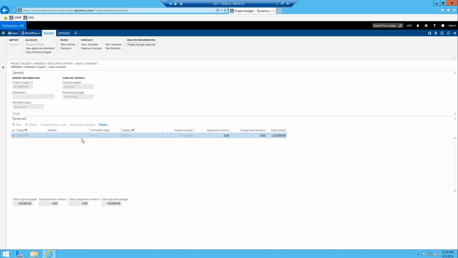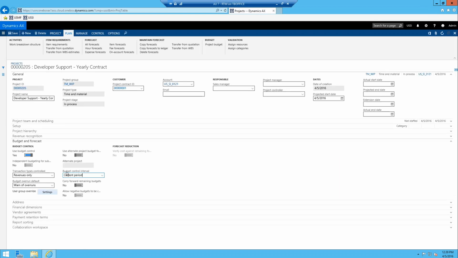So where that's valuable is if we go back to our project and now we're working with the budget control, you can either, a good example would be project to date or current period. I guess year to date would work out as well. But we'll just work with the current period control. So it's going to look at our budget for this current period and evaluate or control things based upon that current period. So if I go in and just post a quick hours journal,